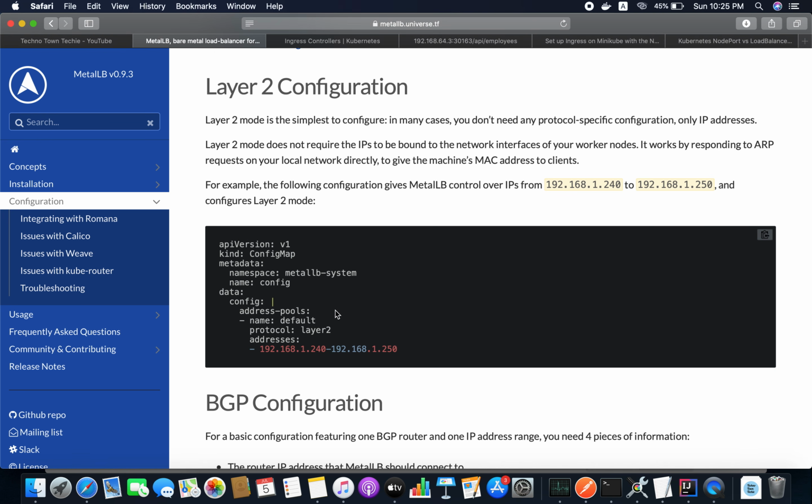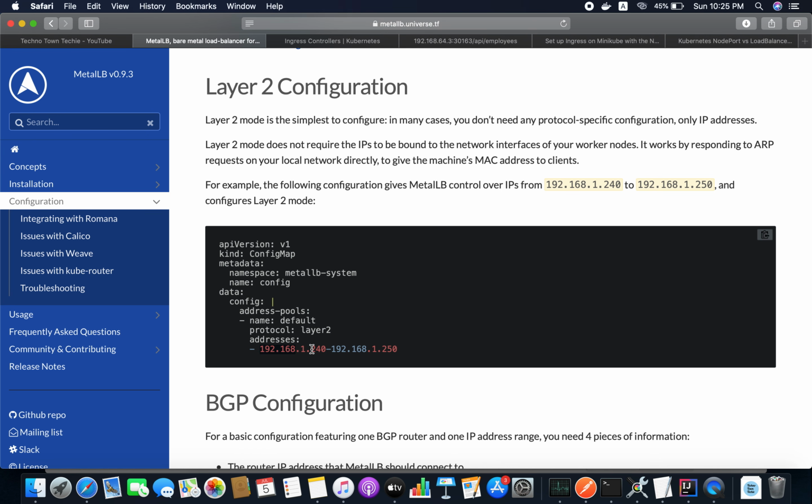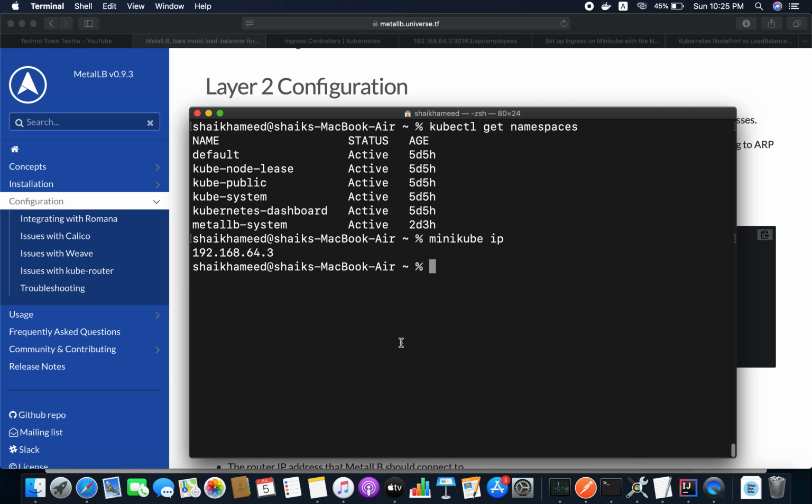What you have to do is copy this config map and define your IP range here, that is 192.168.64 from 220 to 250. You can define some range here, and that IP address range will be taken as the load balancer range. That is the thing, guys.